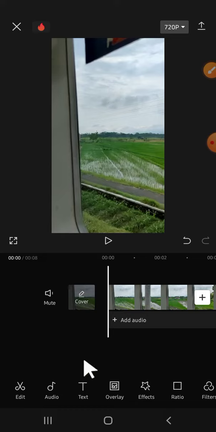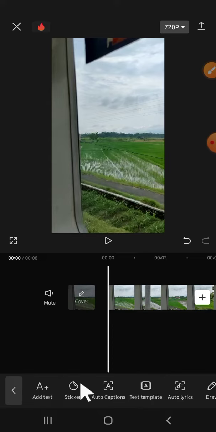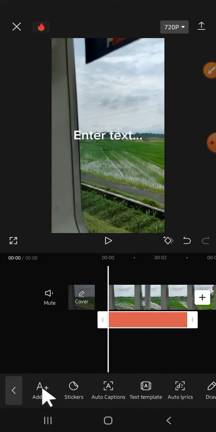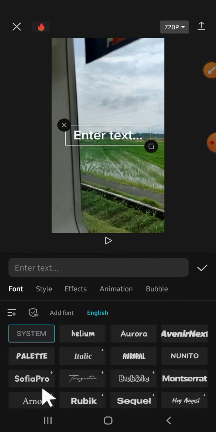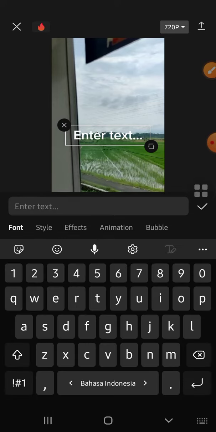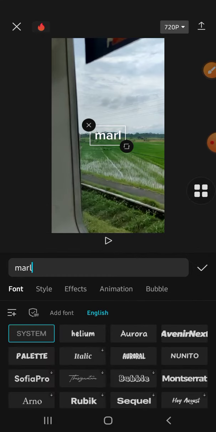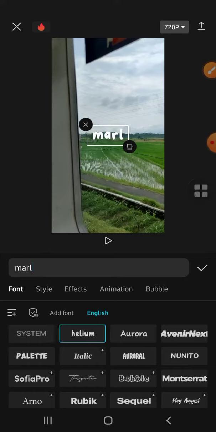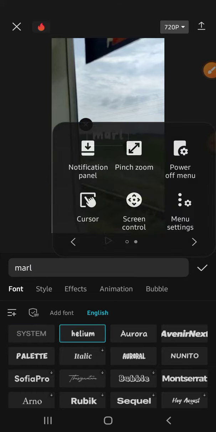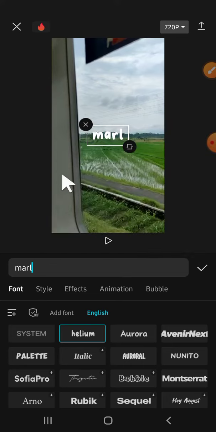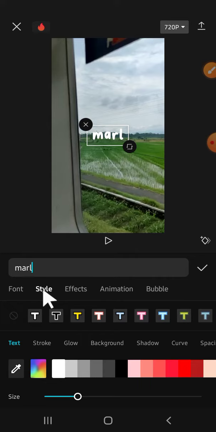So what we're going to do is click on this text option, then click on add text, then type the text that you want to make it as your watermark. For example, I'm going to type Marl. Then you can change the font by clicking on font option, and then I'm going to choose Helium font right here. Then after that we can click on style to make the watermark transparent, and we can go down until